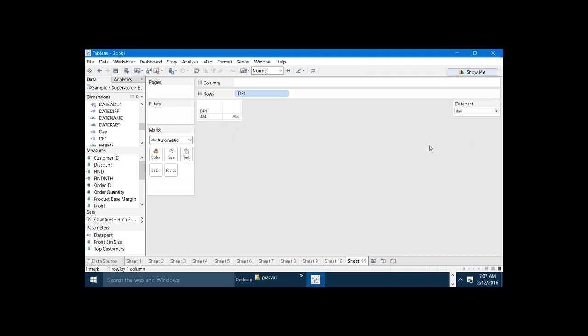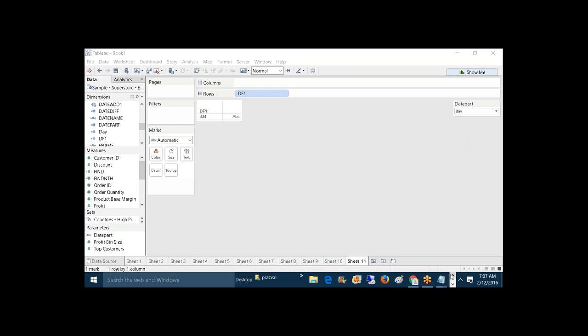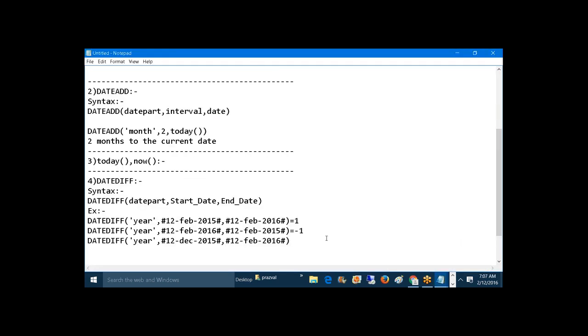Basically, the date diff will take the start date and the end date, and it is going to use the difference in terms of the input date part. Next, the fifth type of date function is